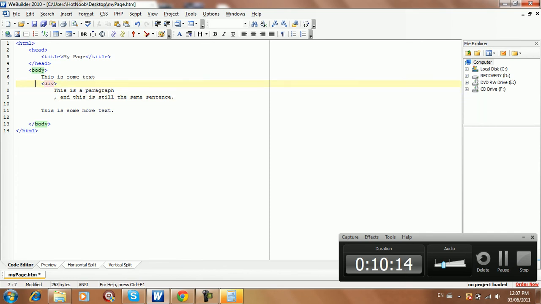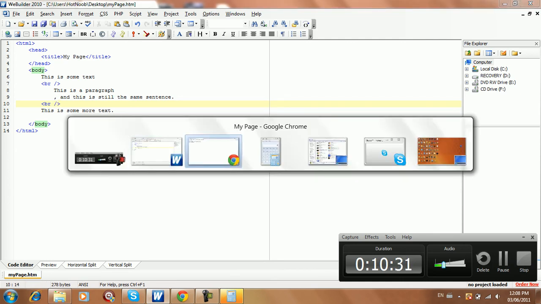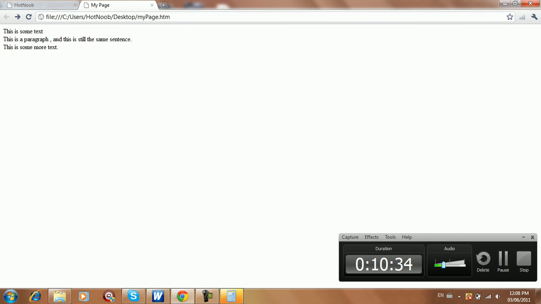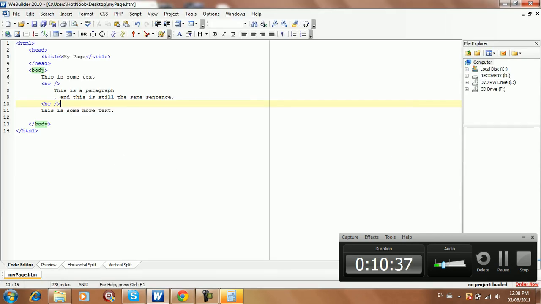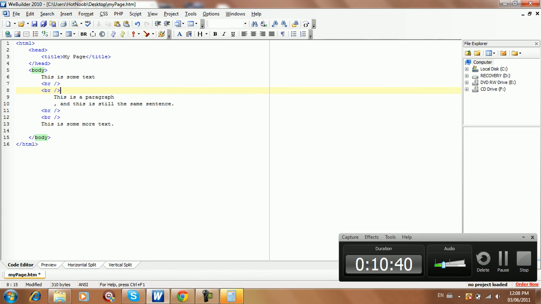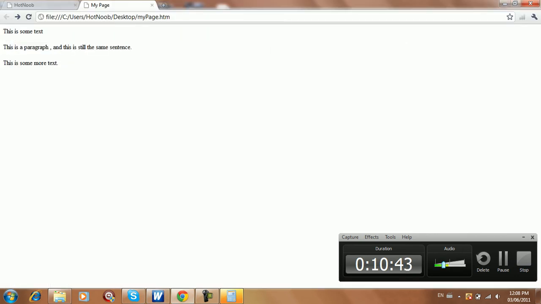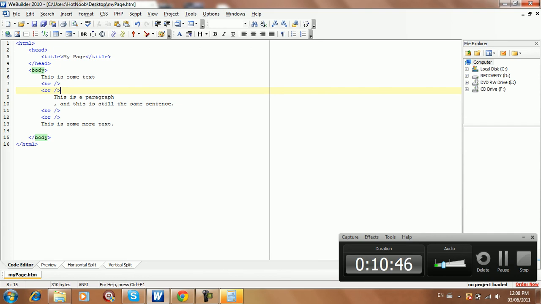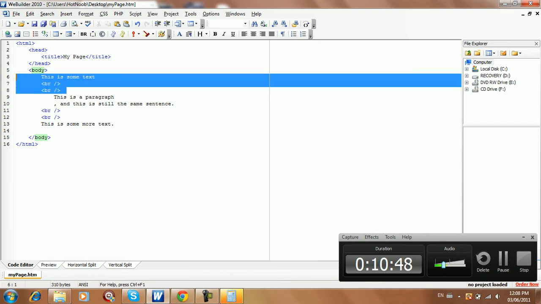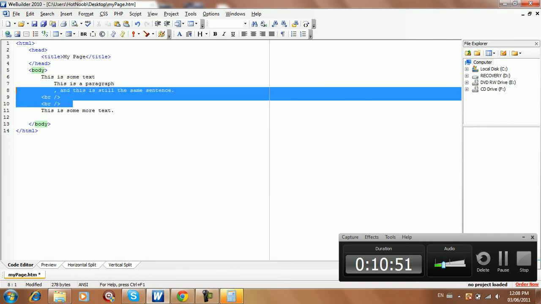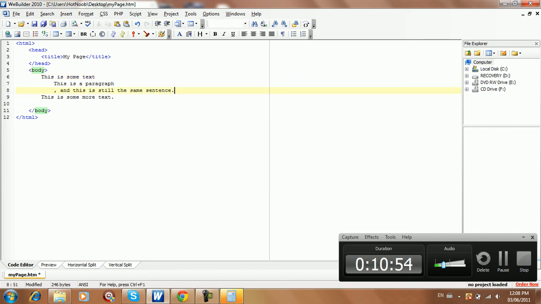So rather than using a div, you could use a line break, which is BR with a slash. You don't need the slash at the end, but I recommend it for older browsers. So you should get the same thing as a div right now, and put in another one, and you should have a paragraph. Now there are some advantages of paragraphs and dividers. One of them is that with a divider or a paragraph, you can set the width and whatnot. So I'm going to use a divider here,